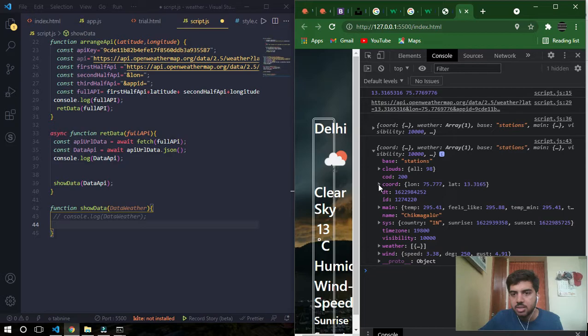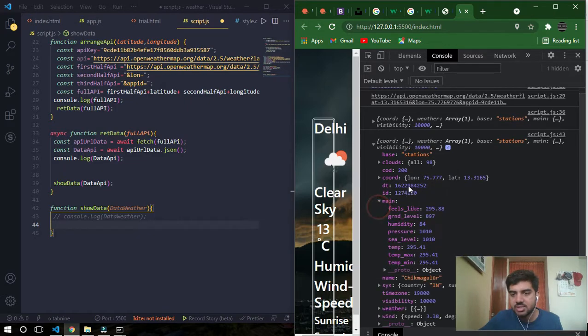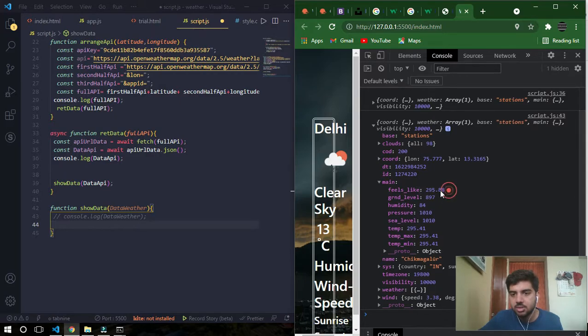So we just want to display the description, then temperature, the humidity, wind speed, sunrise and sunset. So our temperature lies inside the main object. Our humidity lies inside the main object.